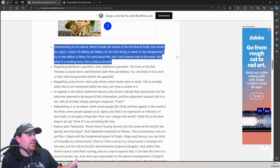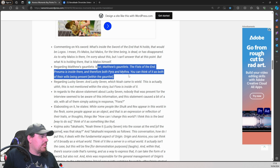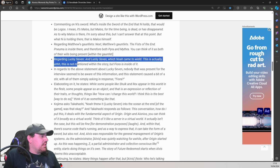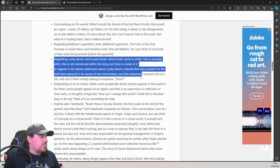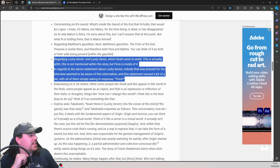So this information isn't too mind blowing, but it's still interesting nonetheless. And of course, Matthew's gauntlets, those are Pyra and Mithra, which is pretty obvious. They made it clear as day, really. This is the big one that everyone was really talking about, from what I could see on the internet, regarding